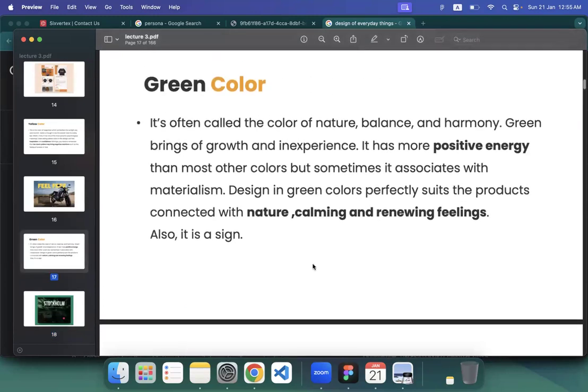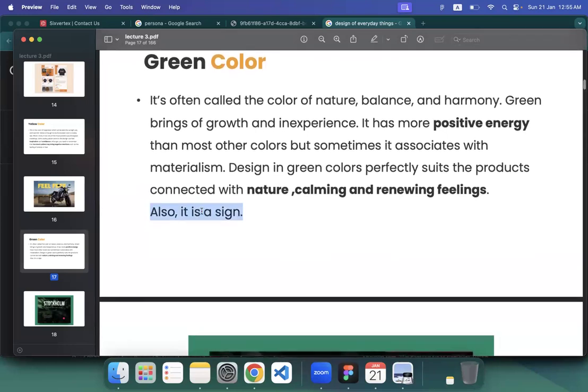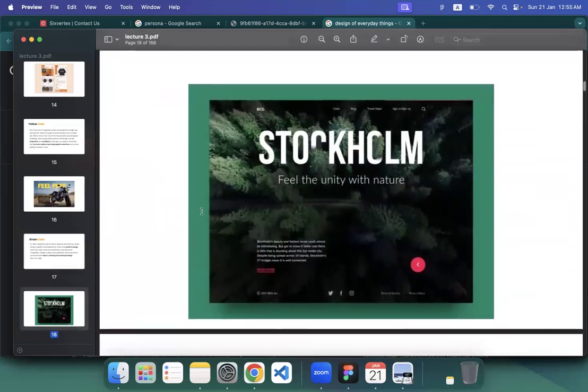So as mentioned, it is accompanied with nature, a calming and renewing feeling. Most of the websites want to show the message that their product is eco-friendly, or they want to show a positive energy. They can use the green color, and it is also a sign which represents success or that something good happened. So that is the green color's representation in a website or a digital media or a